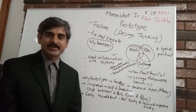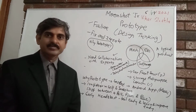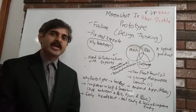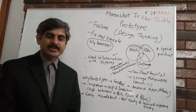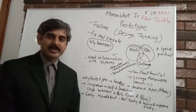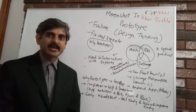We have been helping many students, not only by giving theoretical knowledge about entrepreneurial skills and other skills, including software and app development, but we also actually do the prototyping stages, and the students learn from this. We have a prototype development platform created specifically so students can join wires, develop the prototypes, the hardware, the mechanical enclosures, and also the software, and thereby learn what a prototype looks like. So we are going to learn about the prototype in light of the design thinking process,